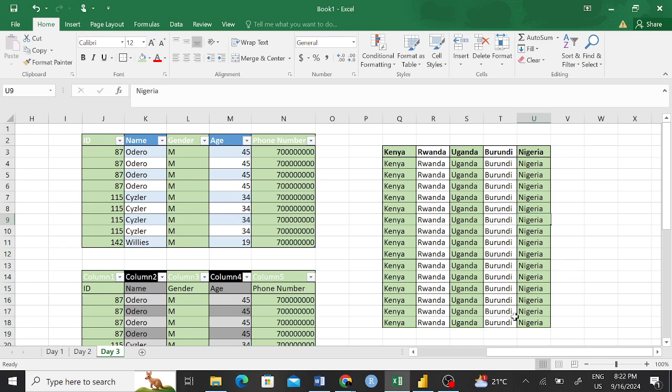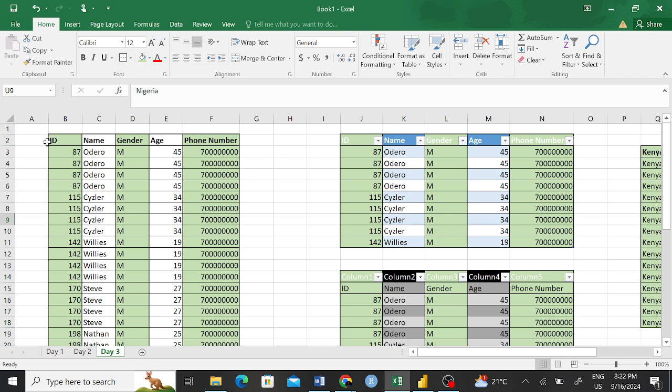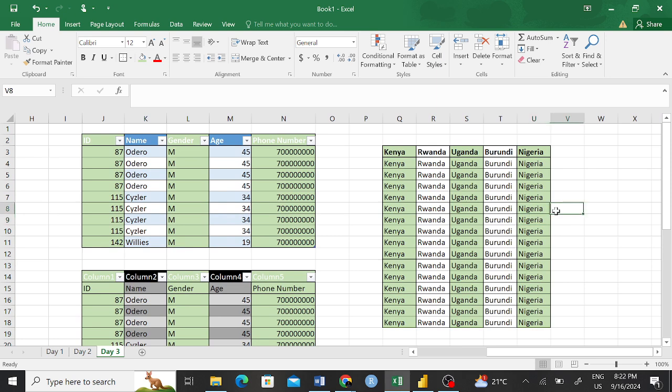So that is format painting. You highlight the area that has the format that you like, copy it and paste it there. One last thing that we are doing,